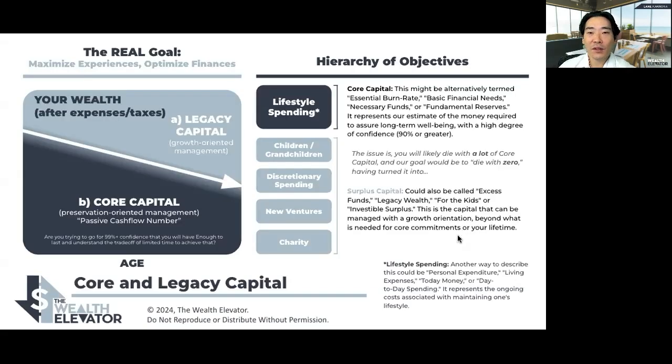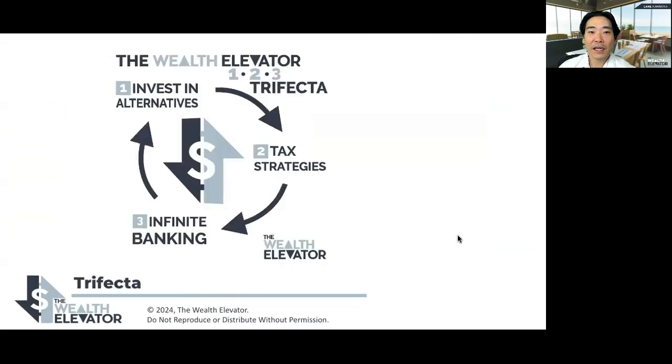We talked about this concept in the past. I'll refer to a different video and a different section here, but it's all part of this wealth elevator trifecta, right? Very simple. Investing in alternatives: that's where I would send people to the syndication LPE course. Pretty heavy content section there. The tax strategies, we've got another masterclass, which should also help summarize and confirm a lot of what we talked about in this first half today.